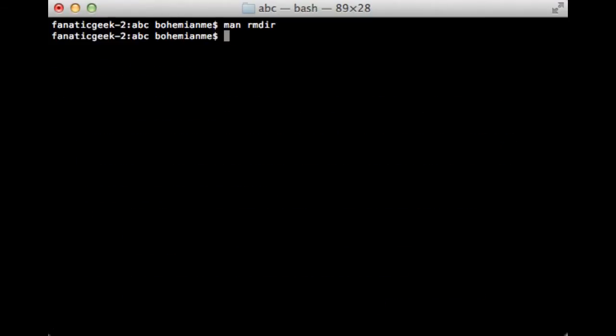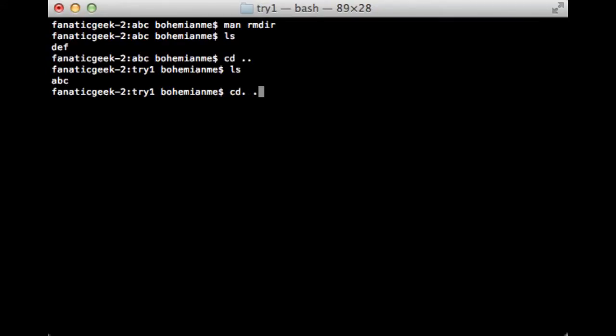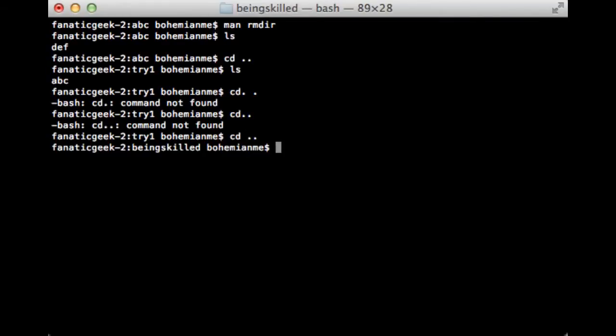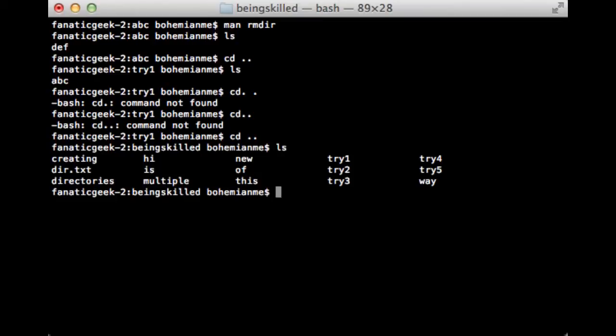So let's study it. Yeah. So let's list down what all are available. So by the way, this is the correct way of using cd. So it is used for changing the directory, and cd followed by two dots. So there is a space between two dots. The blues shows one space.